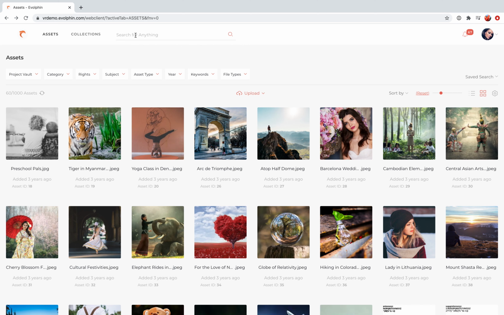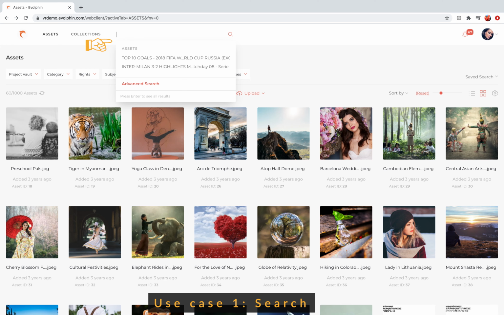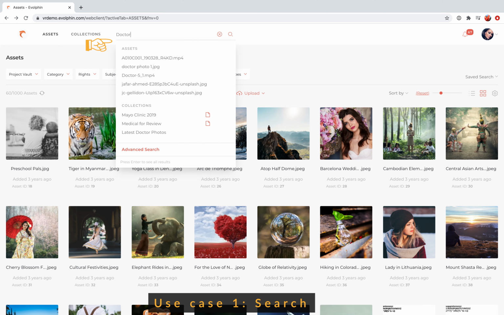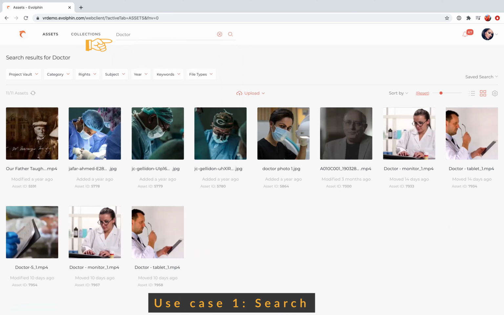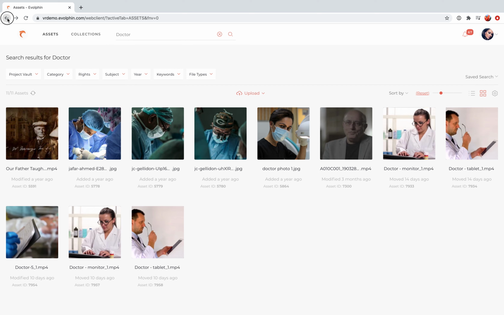For most people, metadata is something that they use every day when they perform a Google search. So for example, if I were looking for all the assets that had doctor in them, maybe a surgeon doing a surgery or a doctor looking at a prescription, when I perform a search, like I do with Google, I'm actually searching based on metadata that informs me about the assets. So Evolphin has great support for searching using metadata,